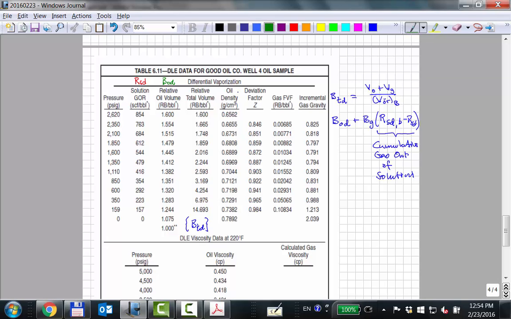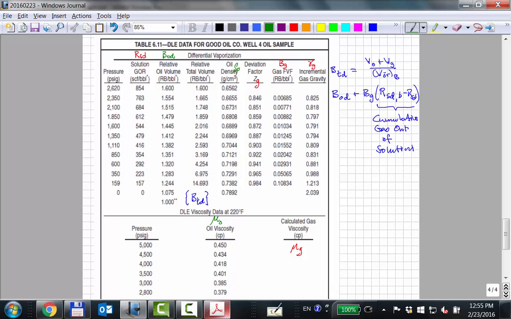Here we've got the oil density. We've got the Z factor of gas. This is that formation volume factor, and that's the gas molecular weight, or expressed as a gravity. And then down here we've got the gas viscosity. That, of course, doesn't start until you're below the bubble point, and the oil viscosity. Now, every report, different labs will have different setup. But